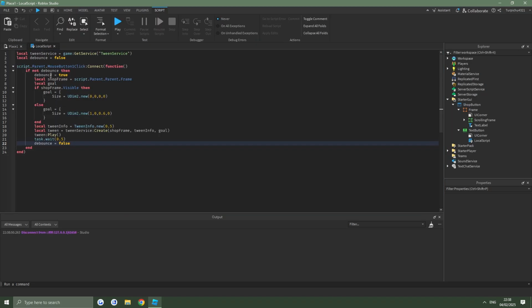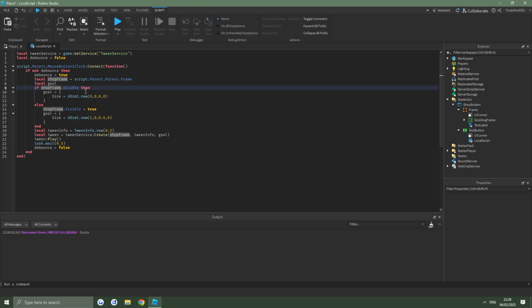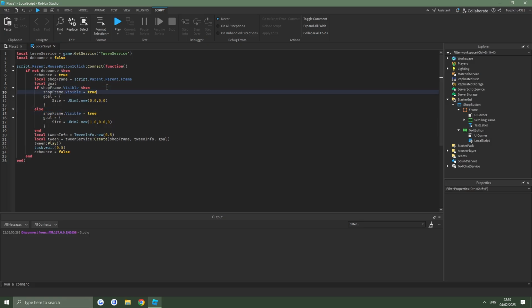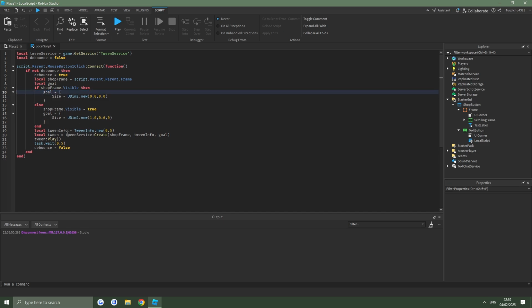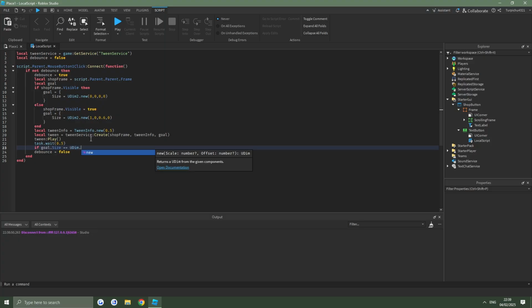Oh right, I forgot to make it visible. If shop frame visible equals true. Alright, so if the shop frame isn't visible, then we want it to be visible. And then, what could I do here? If shop frame, oh, I'm just going to do false. Shop frame is visible. To be fair, we could just do this. If goal.Size equals UDim2.new